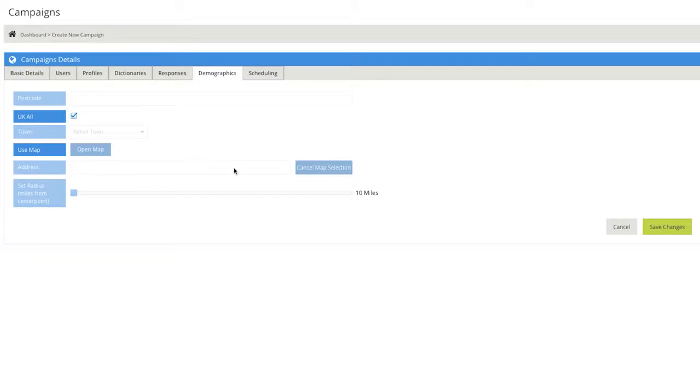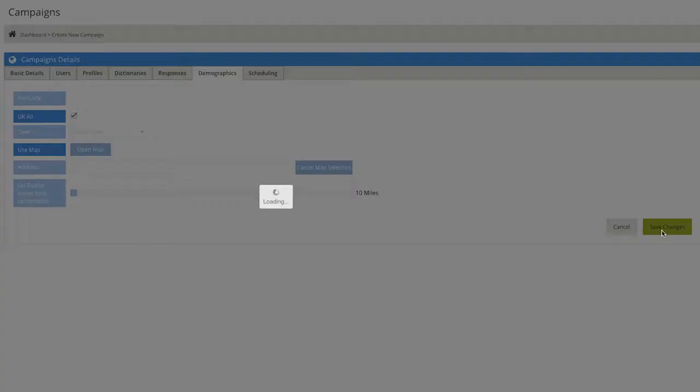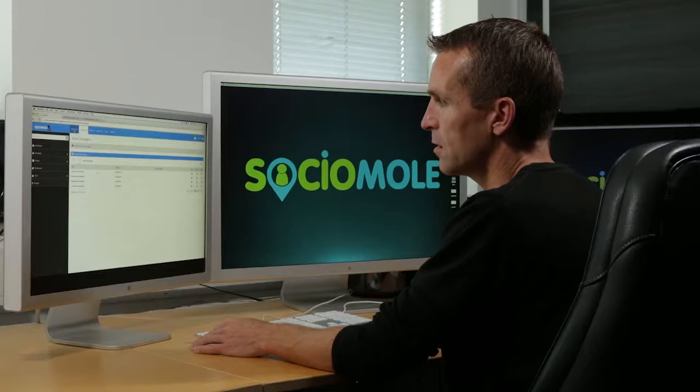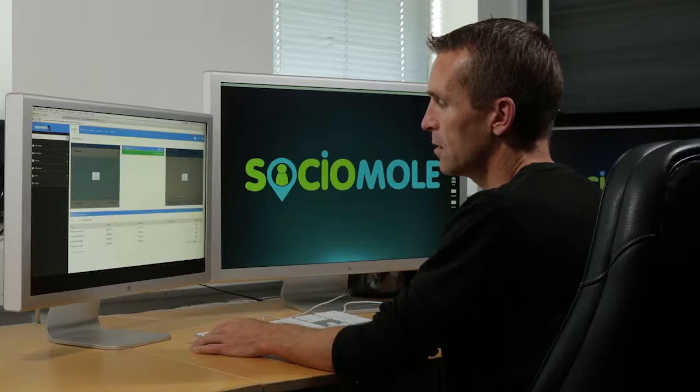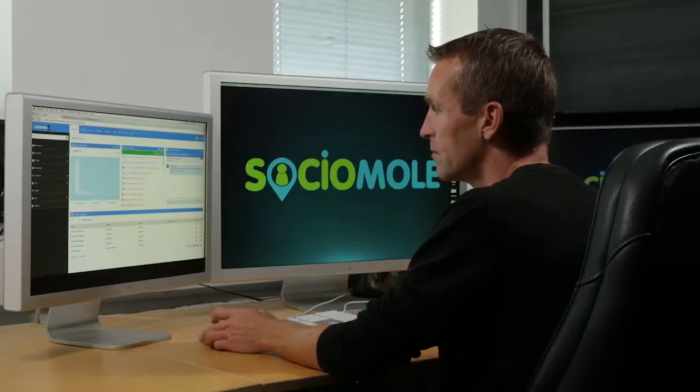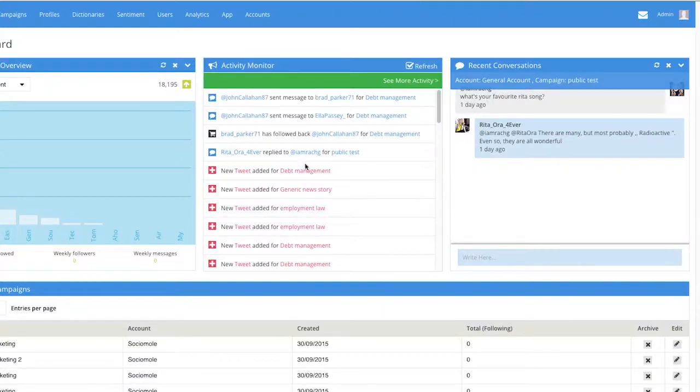Once all the settings have been added, you can click Save Changes, and your campaign is now ready to run from the date you set when creating the campaign. Within your dashboard, you will find 2 key areas in which you can monitor your campaigns and see the incoming tweets and outgoing responses. The first area is to be found here,